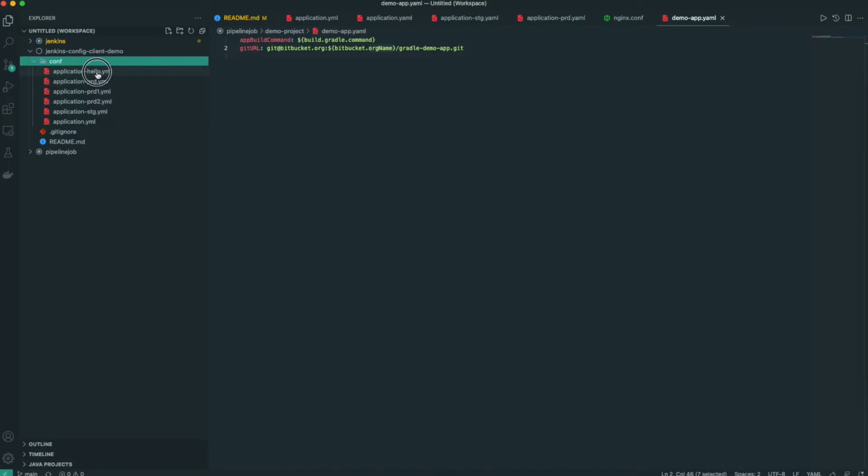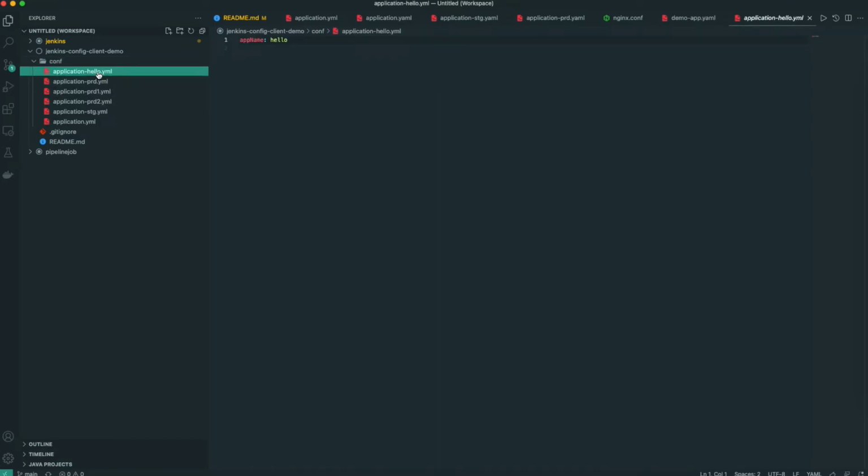Let's assume this hello is the application name or some project name or team name. So I have a variable based on an application, and I declared it here, and then based on the environment, I have some variables declared here.